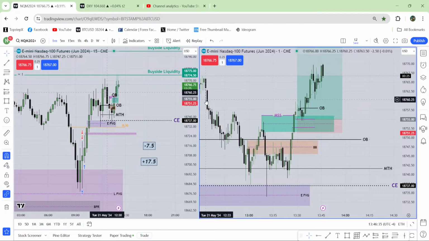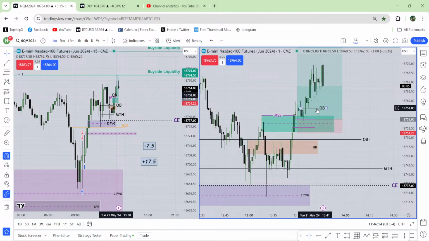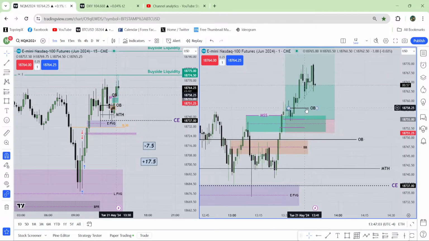We were lucky because we had this 1 minute last fair value gap and we got the reaction from that. That reaction sent the price until the first fair value gap, went higher, order block, consecutive order block. Why will you look for a consecutive order block? This candle has closed above both of these candles. So this is the consecutive order block. The opening and the high, both of this area is highly valuable as a consecutive order block. So this order block, the trade went higher.